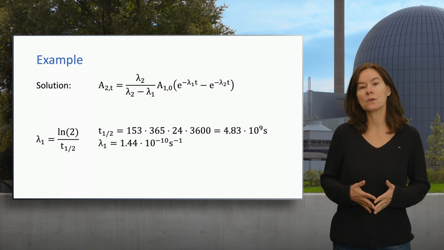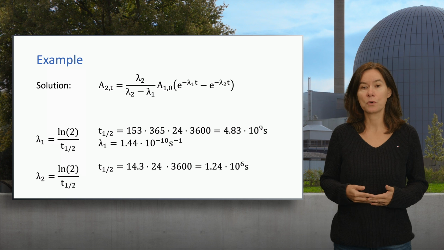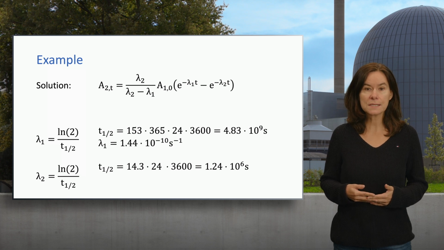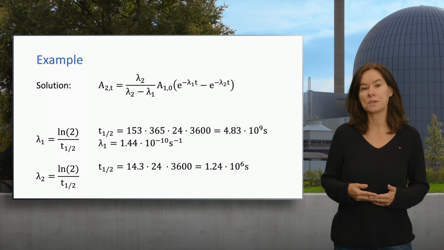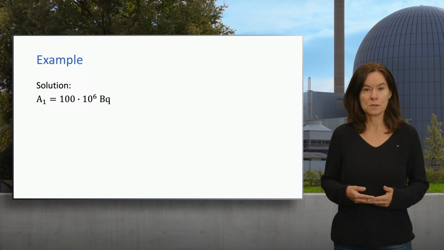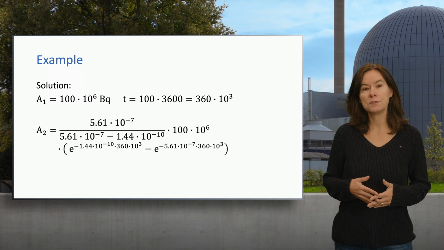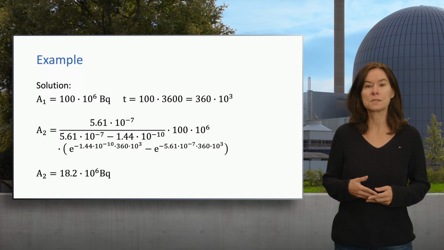We can now calculate the decay constant of phosphorus-32. We first convert the half-life to seconds. This gives 1.24 times 10 to the power of 6 seconds and a decay constant of 5.61 times 10 to the power of minus 7 per second. The activity of silicon is 100 megabecquerel, which is equal to 100 times 10 to the power of 6 becquerel. The time of 100 hours is then converted to seconds by multiplying it by 3600 seconds. Now it is a question of filling in all these values in the activity equation, giving that the activity is equal to 18.2 times 10 to the power of 6